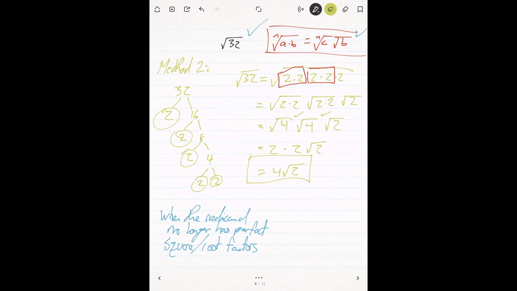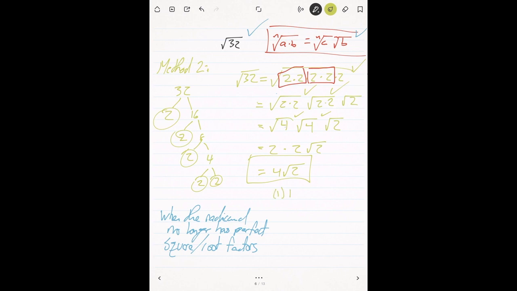This method is the method that uses prime factor decomposition. Rather than trying to, in our heads, come up with 2 factors of 32, and then trying to break those down further and further, we can go ahead and break it down completely using the prime factors. We get the prime factors, we group them together as pairs, and we break it down fully. We break them down each one by one. This method works every time, and it's a great technique to know, especially for when we get to much more complex problems. So if we were to write down a process for this, we would really want to say,